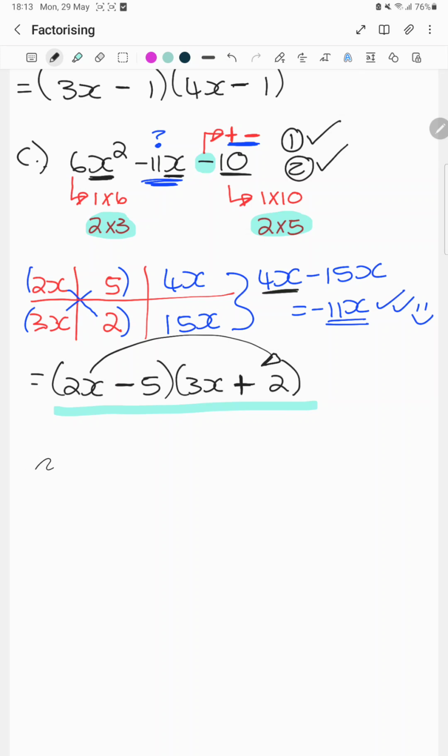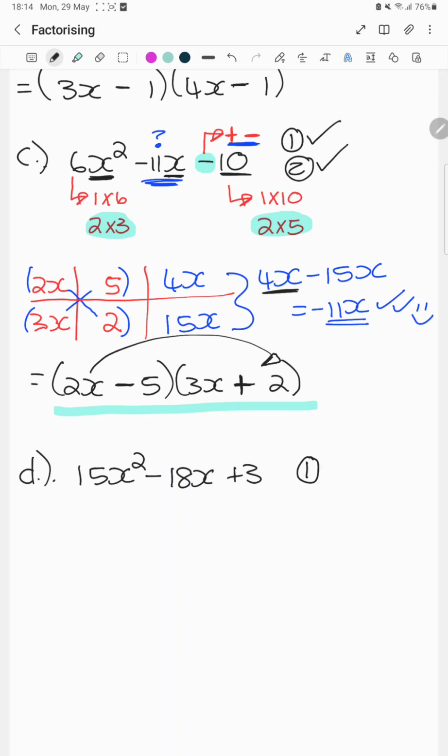Alright, let's look at one last example. So number D, I'm giving you 15x squared minus 18x plus 3. Alright, so first things, we always have to check our conditions first. Alright, so my first condition